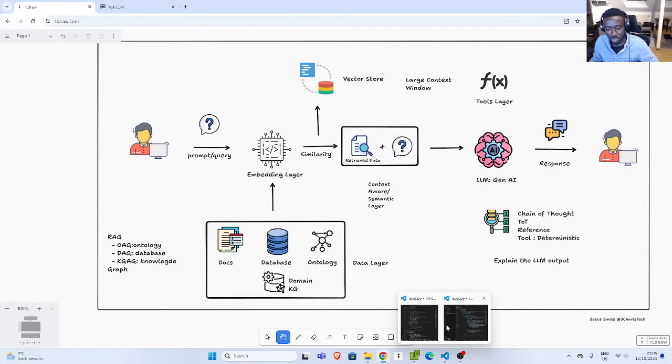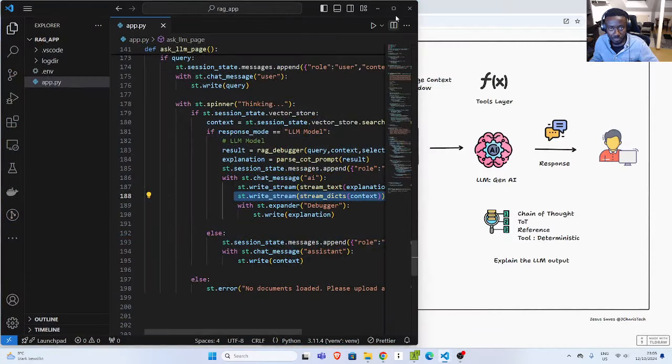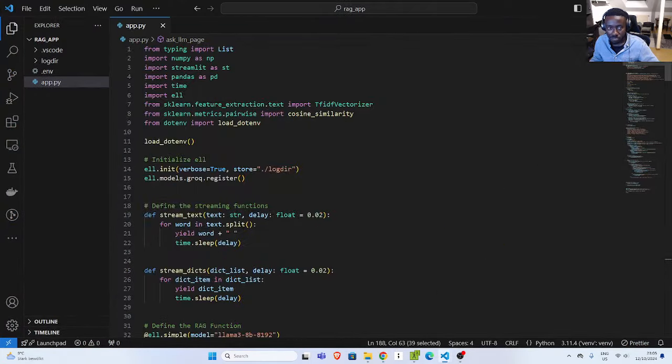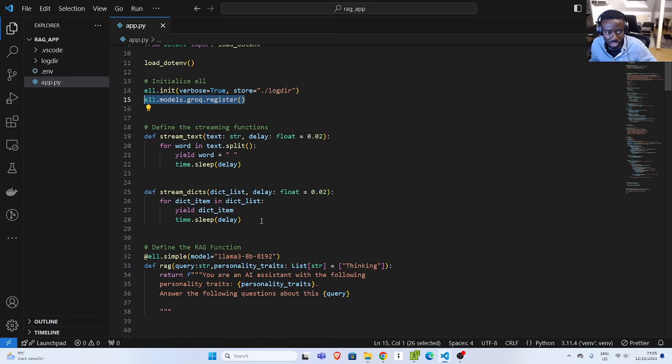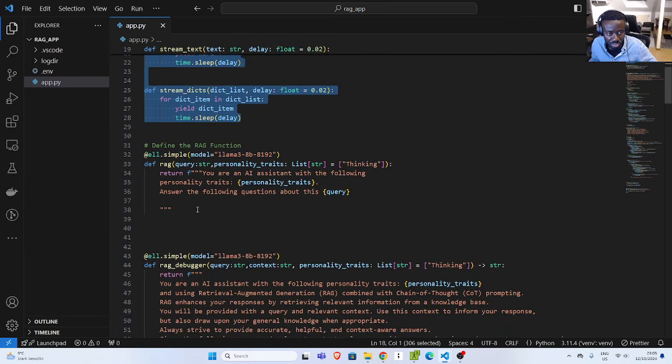So let's recap on the code that we wrote. Perfect. So first of all, we just imported all the various packages that we need. Then we imported these two to help us with our vectorization, and then to help us with calling our large language models. And then we initialize our model. Because we are using Groq, we need to register. In case you are using OpenAI, you don't need to register, just go straight away. Then we created some utility functions to help us create a generator to help stream our text as text in a dictionary. Then we had our simple RAG function,